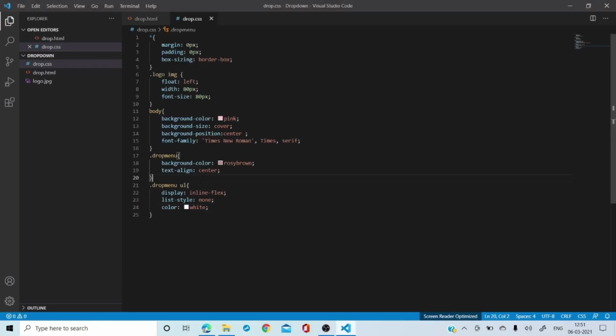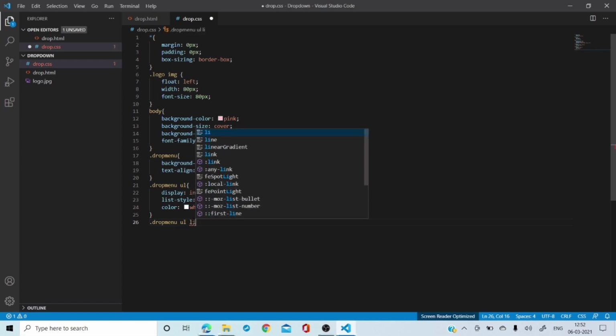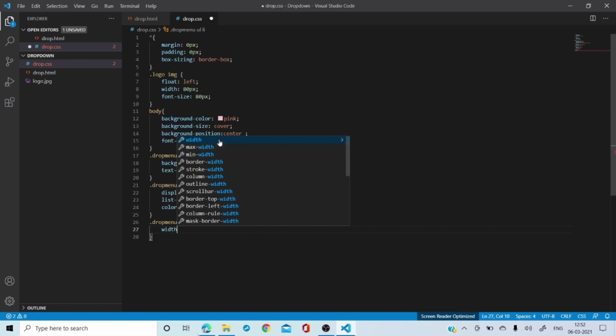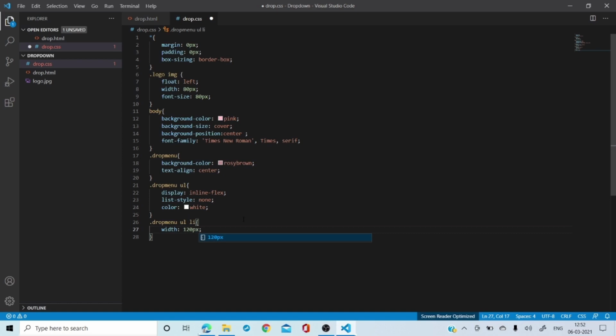Now what we will do is, we'll not write everything. We are just going to copy from here. Okay. So we are going to copy this. Go down, click here, and please remove this and put LI. Correct? And then this one. Okay. So what is the next thing I'm going to do over here? I'm going to give the width. How much width do you want? Maybe you need 120 pixels. Okay, this is my width.